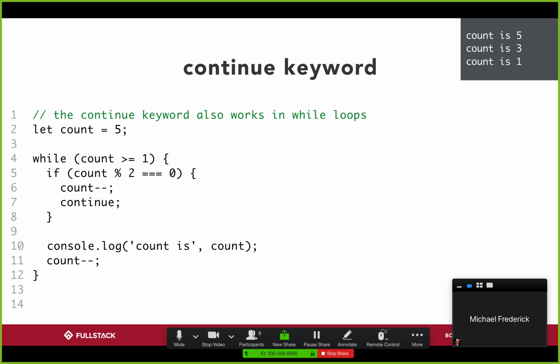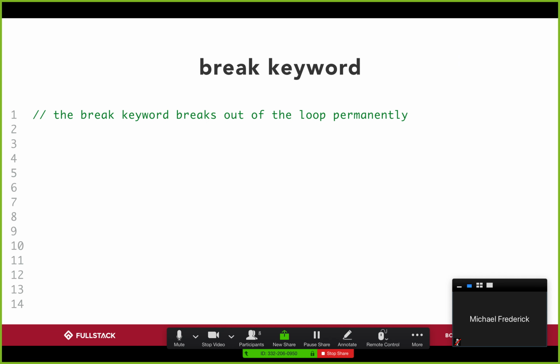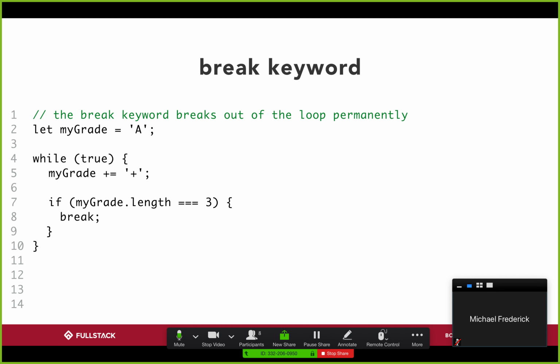This is a pretty nuanced but pretty sharp contrast to the break keyword. What the break keyword does is it actually just ends the loop entirely at that point in time. And so here, if I look at this loop I have here, right,